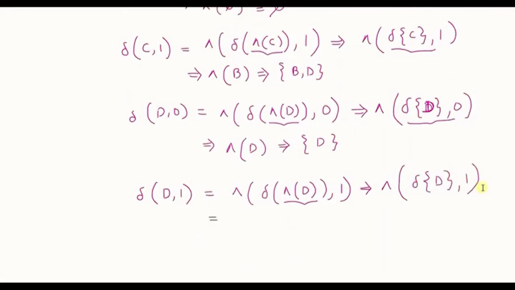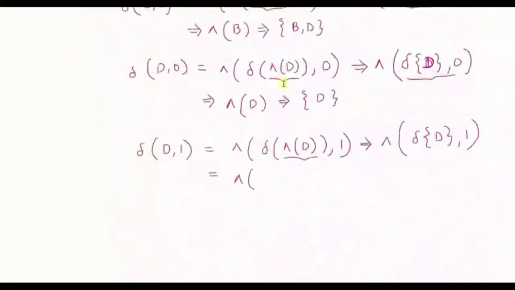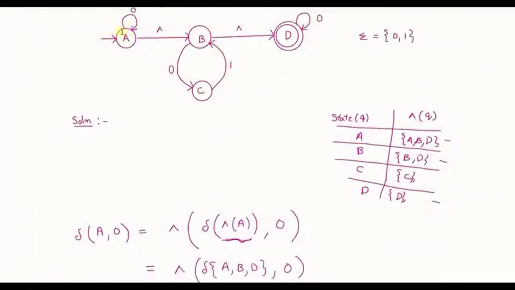So this will be E closure of. Now what is the transition from state D on reading 1? Looking at the diagram, from state D on reading 1 there is no transition defined, so the answer of this will be null. Okay, and always remember, E closure of null always gives you null state. So are there any more states left? We have found out transition of state A on 0 as well as on 1, transition of state B on 0 as well as 1, then C on 0 as well as 1, and now we have found out transition of state D on 0 as well as 1.